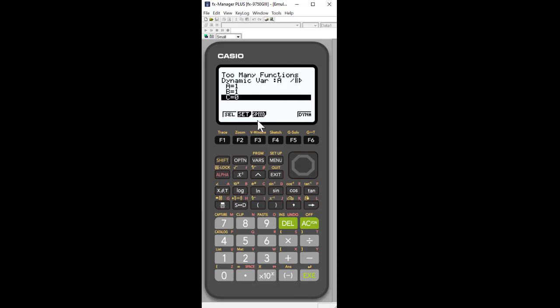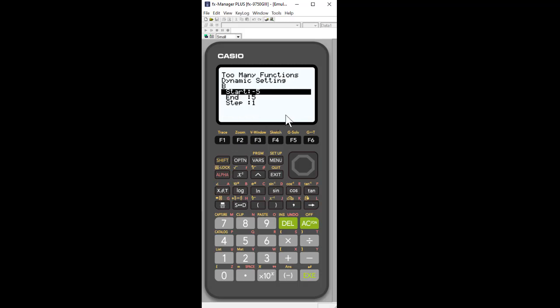And now we're still going to go to setup. And we want to change, oops, let's hit exit, sorry about that. I forgot to hit select. So it's automatically defaulting to the variable A. I need to change that by selecting B. So notice I have highlighted B. I'm going to hit F1, and now B, and you'll see up here, is my variable that I'm changing.